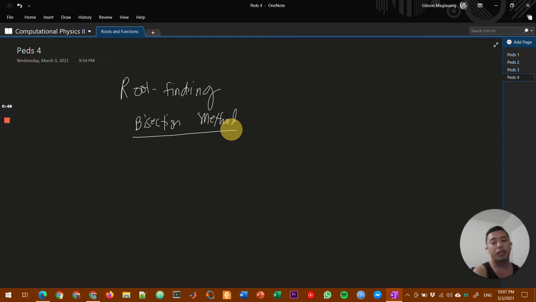The basic idea is to cut the interval in half over and over, provided that the interval contains the root or the solution. You cut your interval in half over and over again until you zero in on or locate the root, and you stop cutting in half